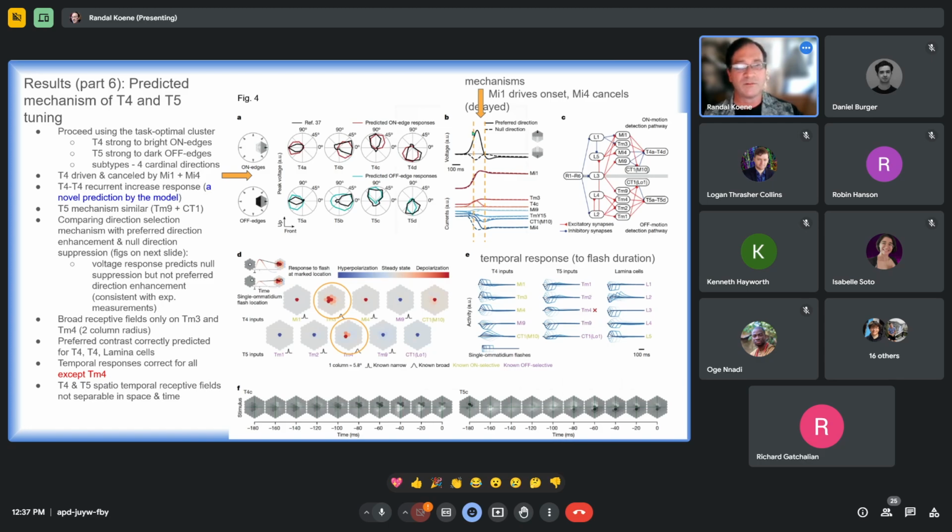I added some orange dashes here just to make that figure a bit more clear. These vertical lines show the interaction of excitatory input here, MI1 for instance, which is primarily driving the T4 excitation here, and the delayed inhibitory input that's primarily coming from MI4. We can see how the strong T4C response to the preferred direction for the on-edge motion is driven and then canceled.